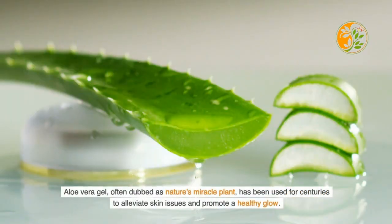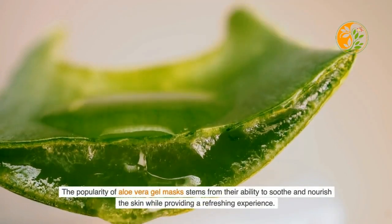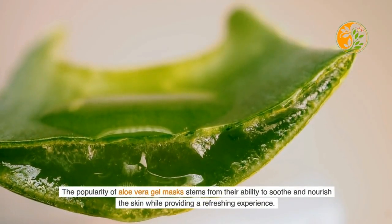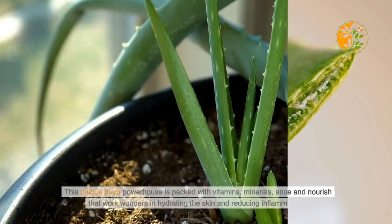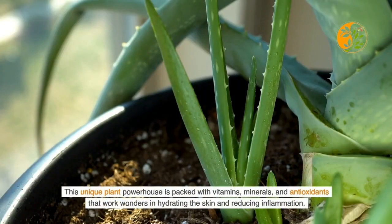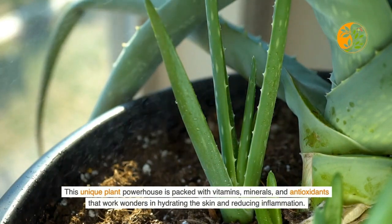Aloe vera gel, often dubbed as nature's miracle plant, has been used for centuries to alleviate skin issues and promote a healthy glow. The popularity of aloe vera gel masks stems from their ability to soothe and nourish the skin while providing a refreshing experience. This unique plant powerhouse is packed with vitamins, minerals, and antioxidants that work wonders in hydrating the skin and reducing